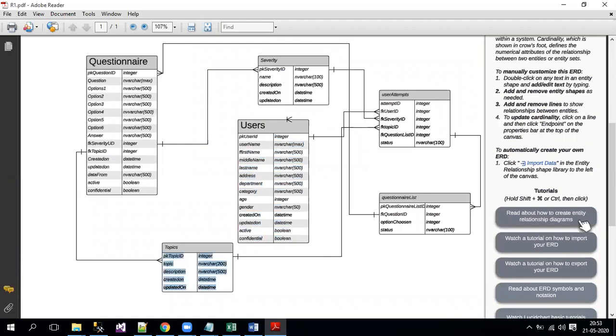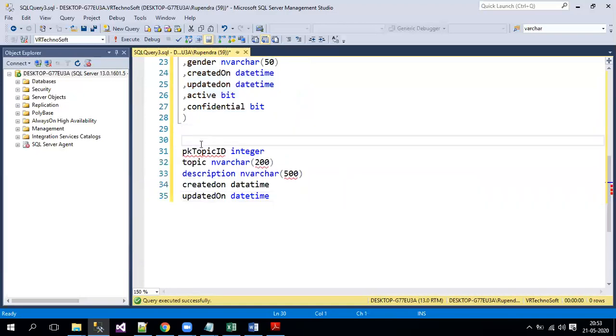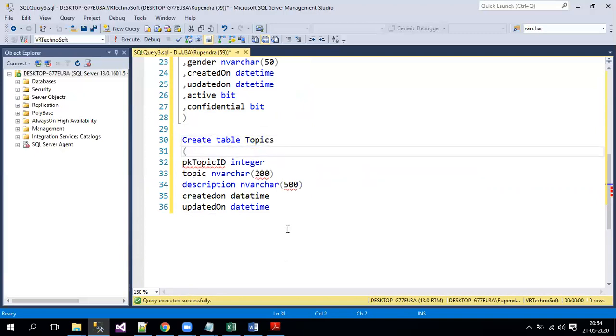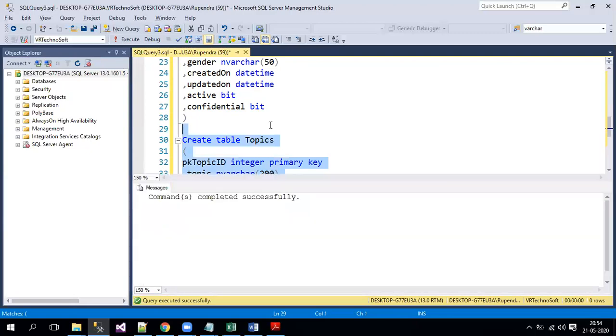Let me copy this table again, and create the table topics, open brace, close brace. Yeah, and this will be my primary key again. We can create tables and we can alter them, and we can add the constraints as well. And again it is throwing an error. Let me check. Column create has an invalid data type. So okay, it has been misspelled. Maybe it's a client mistake. So it's a datetime data type, not data time. Yeah, so just create this.